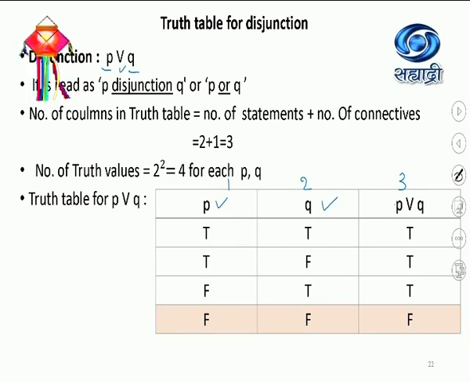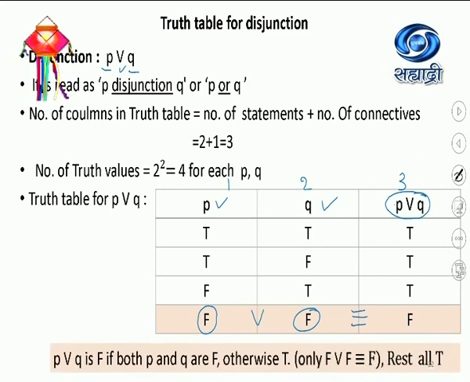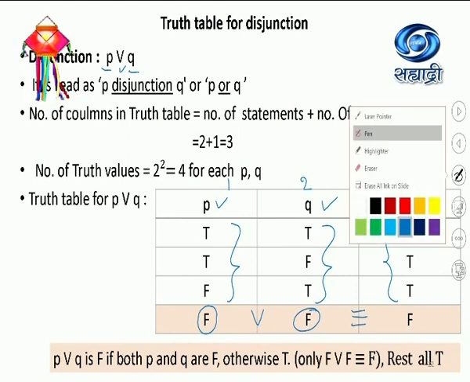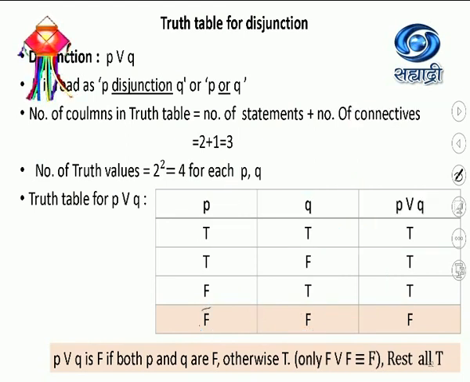Now to write the values in the third column for P or Q, only F or F combination is F. All other are T. So this is very easy to remember. See, दोन्हीही P आणि Q जर F असतील तरच F or F हे F येईल. अदरवाइज बाकी सगळ्या कॉम्बिनेशन्स ऑफ P अँड Q च्या ट्रूथ व्हॅल्यूज ना ट्रूथ व्हॅल्यू P or Q ची T येणार आहे. It's very easy to remember. So I'm erasing all this. Only remember this combination is F.